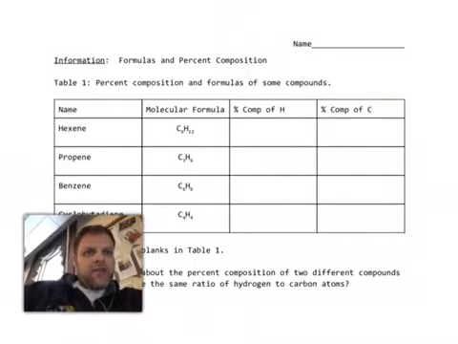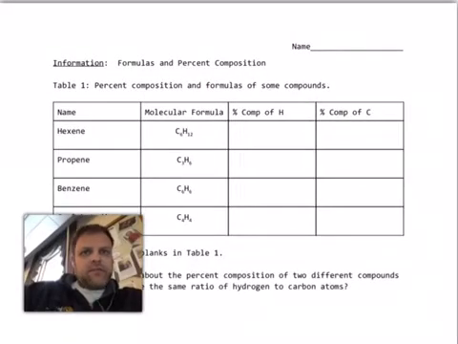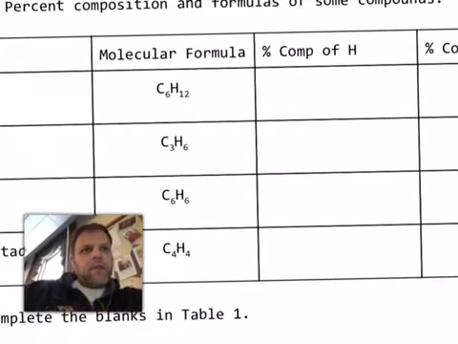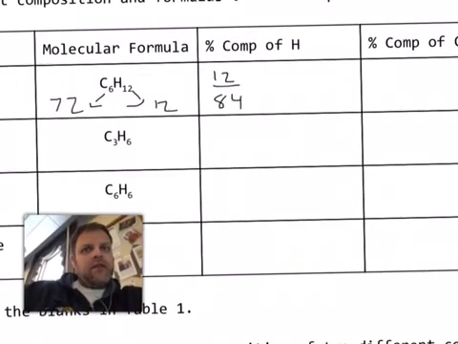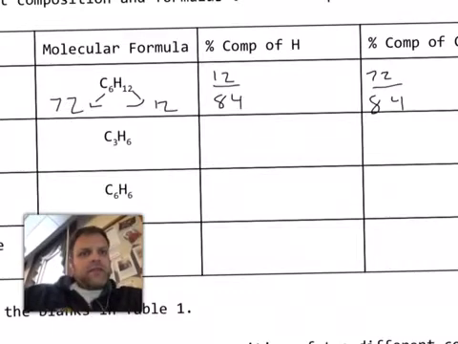So the percent of H is going to be, let's just make this a little bigger. Percent of H is going to be 12 out of 6 times 12 is 72. And 12 here is 84. So 12 out of 84 for that. And this value here is going to be 72 out of 84. This one is going to be 36 out of 42. And this will be 36 out of